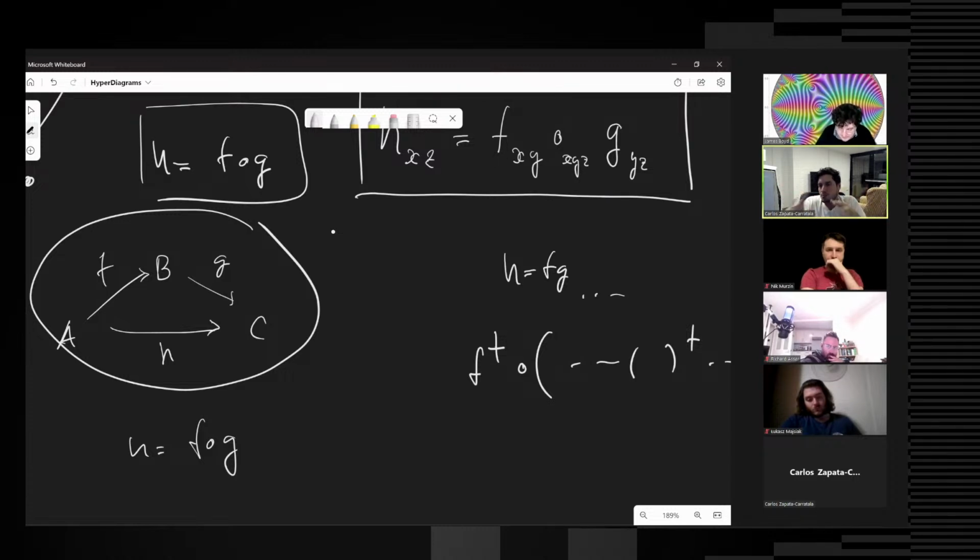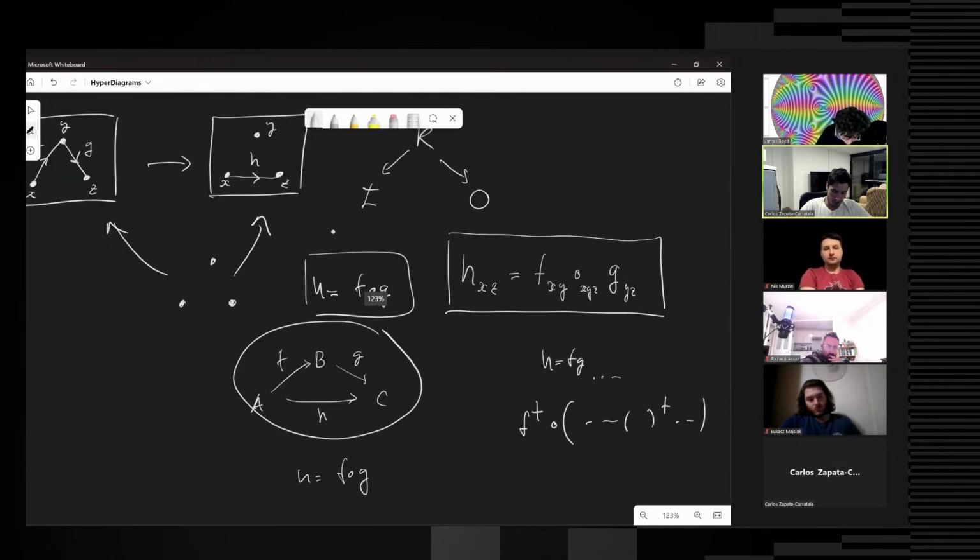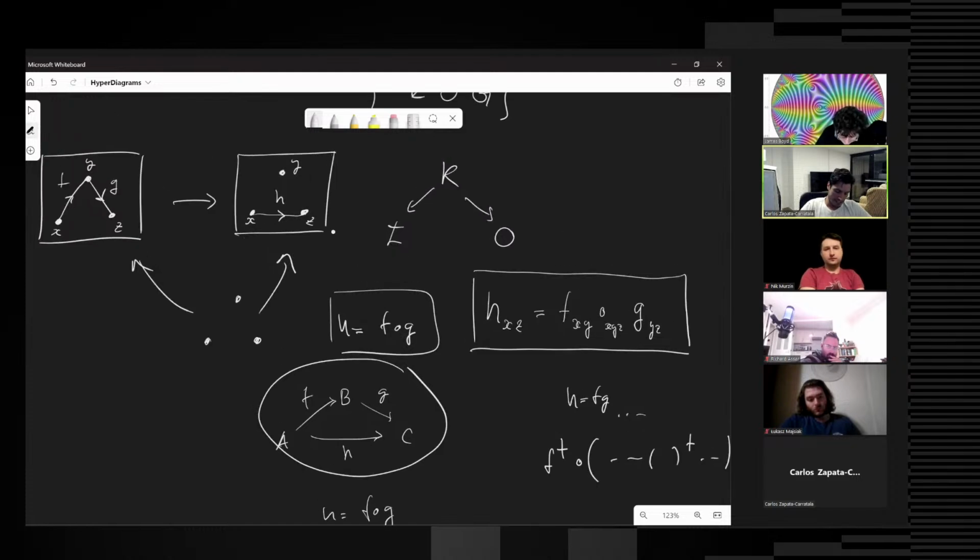So there's some kind of hybrid between the two. And so I think one of the advantages of our approach, and the reason why I was trying to remind everyone of this, is that now that we can do labeled hypergraph rewriting, which I hope I've convinced you is really recovering the usual compositional structure of categories and therefore many other structures,